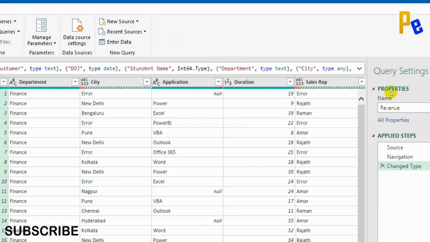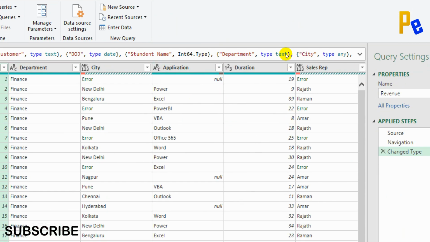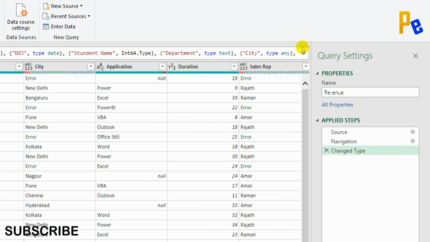Next, application has got certain null values, and duration is again ABC 1, 2, 3 because it's a text, number data type. And then sales rep again has got certain errors. That is why the Power Query editor is not able to understand whether to consider this as a number or a text.